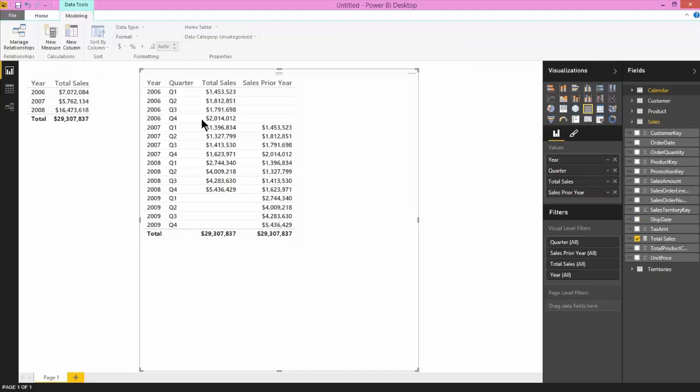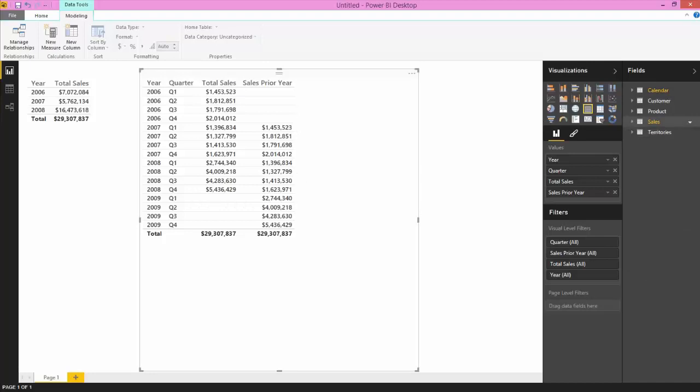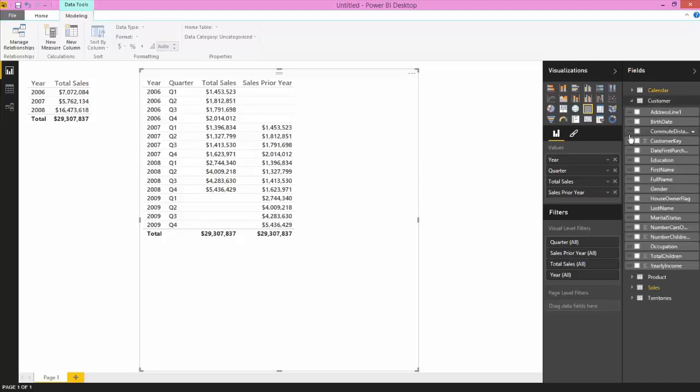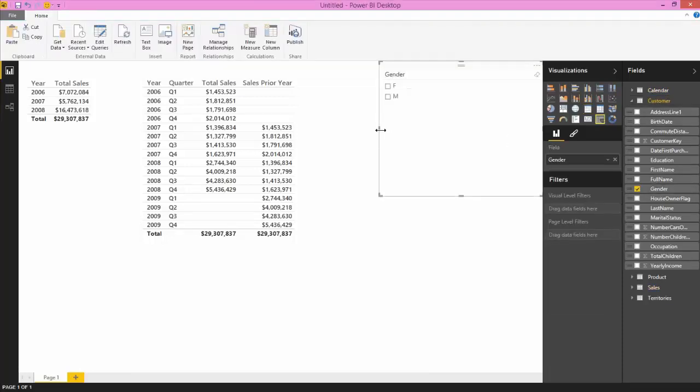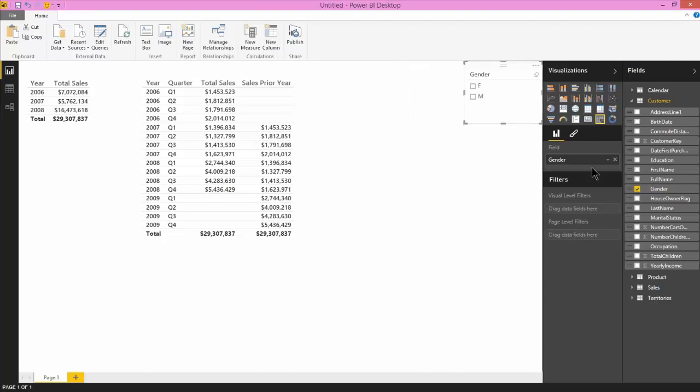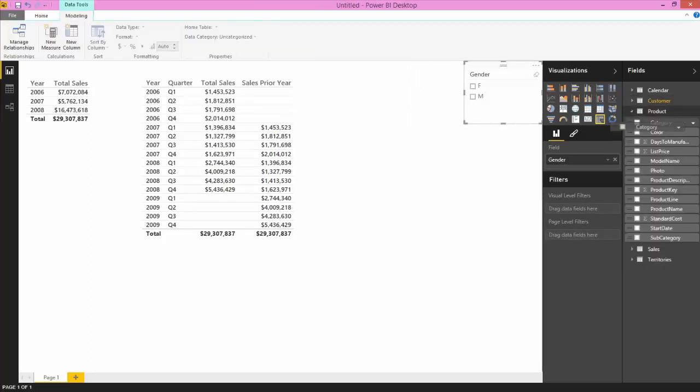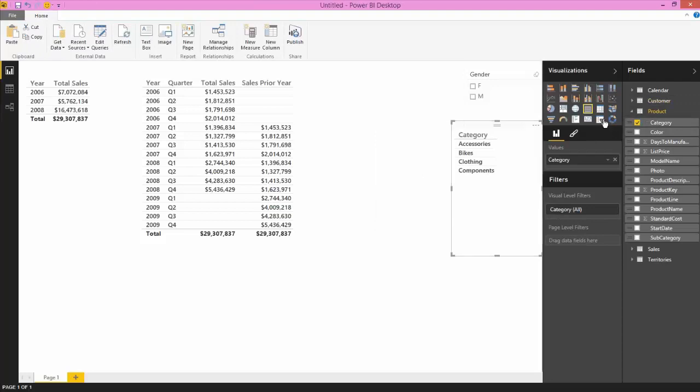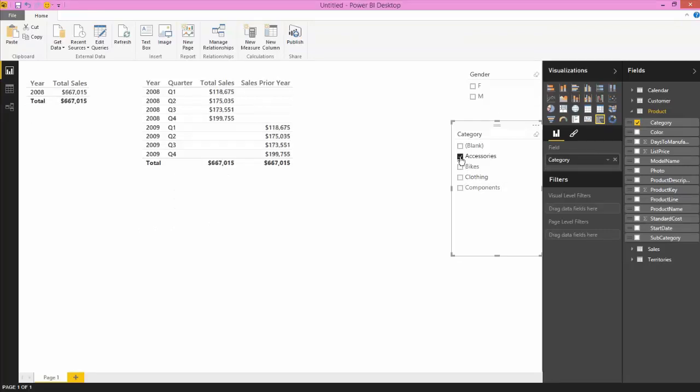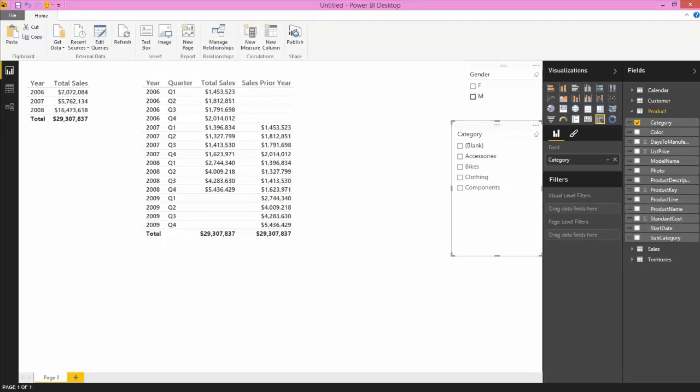So I didn't say anything about sales for a specific product or sales prior year for a specific product, but just by leveraging my model, I can add in, let's add in our customer gender. I'll make that a slicer, and I'll add in a product category, make that a slicer, and again, define once, use everywhere. So all of this, I can just select on bikes or clothing or accessories or both, and that works. I can say only show me for males, only show me for females, and all it does